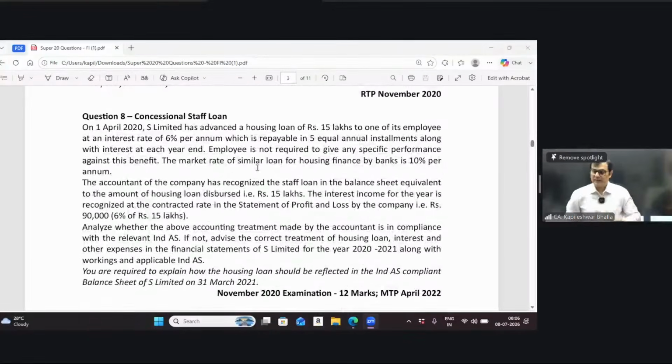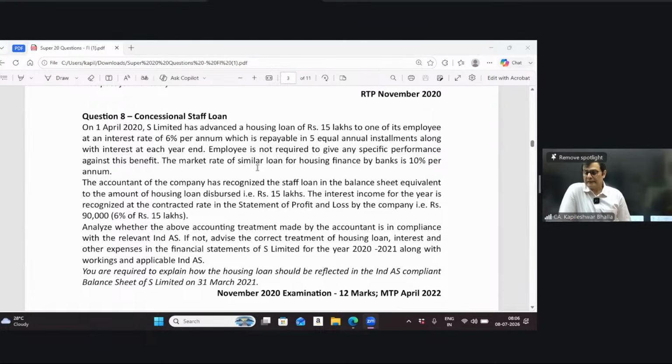So let's have a look now at question number 8, which is on a concessional loan. So let me read the facts of the case. This is a November 2020 examination question, which came for 12 marks in the exam. Now it says on 1st April 2020, S advanced a housing loan of 15 lakhs to one of